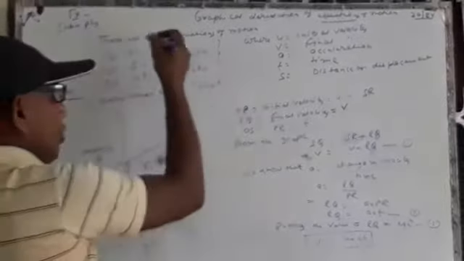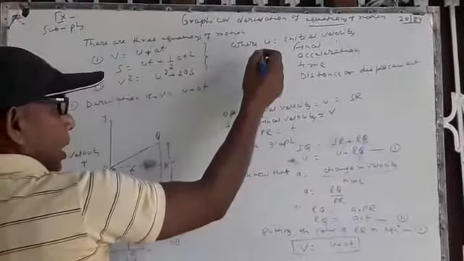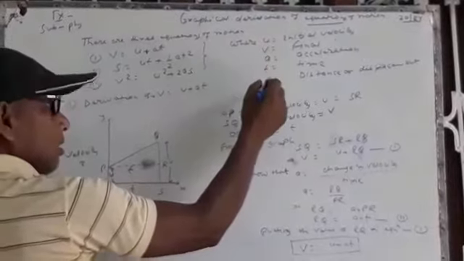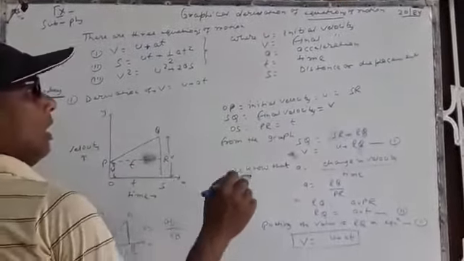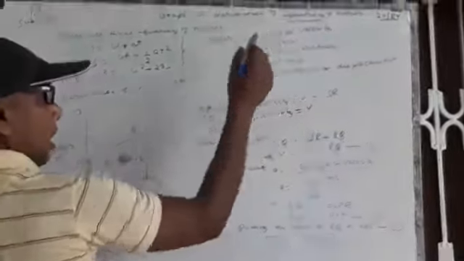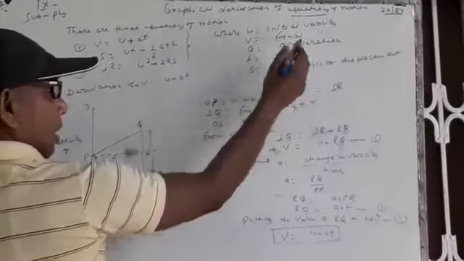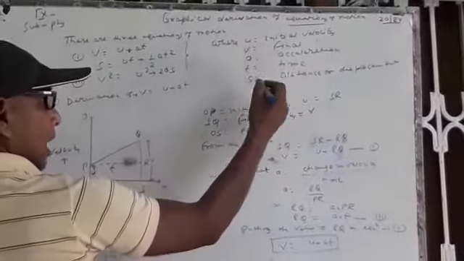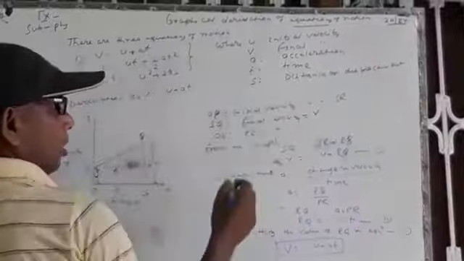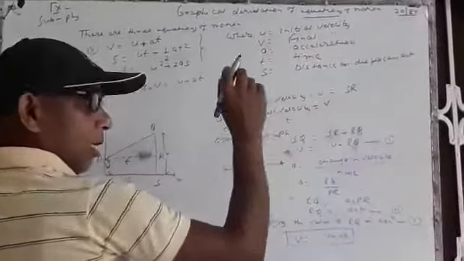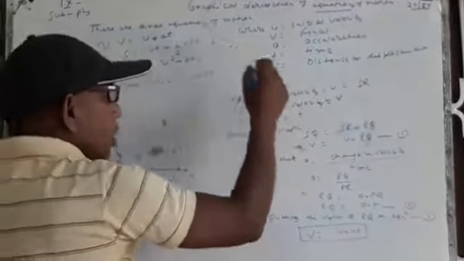Here, these symbols u, v, a and t, s have usual meaning. This means u equal to initial velocity, v equal to final velocity, a equal to acceleration, t equal to time and s equal to distance or displacement. And all of you know these terms.